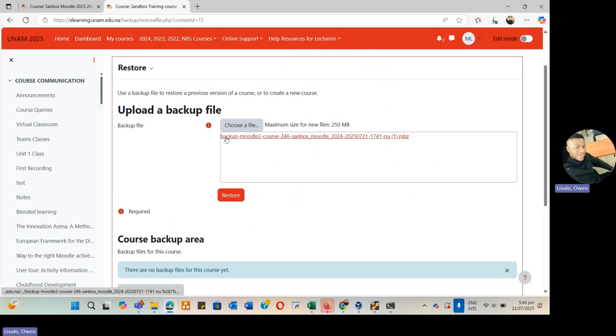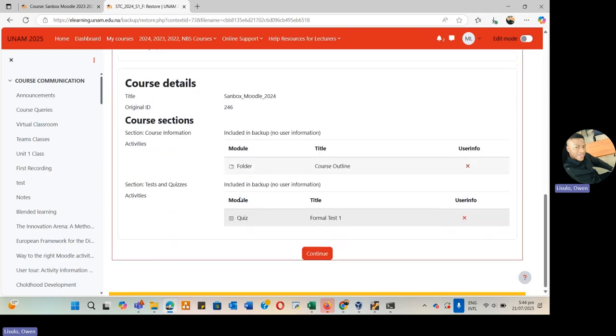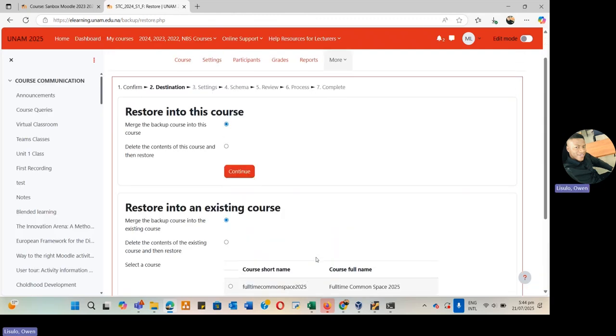Then you can see this is the file. So now we click on restore. Okay, then we scroll down. You can even see the things that we backed up. You remember we selected the formal test one and then the course outline. So those are the only two items we left. We checked that we only want the two files. So after that, if you are happy, those are the files you want, you click on continue,